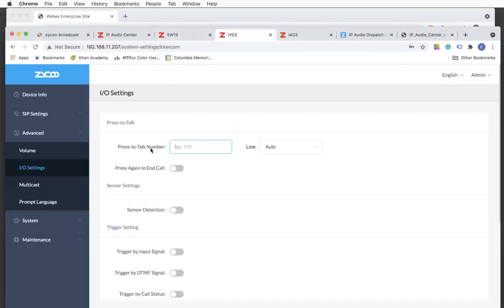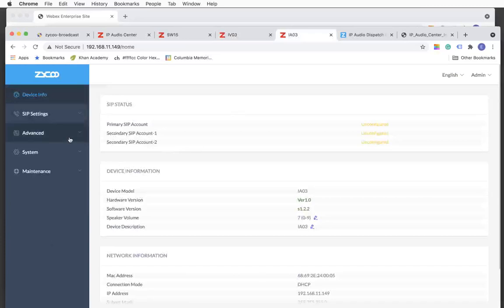And on the press to talk number, which is the IO setting on the button on the IBO3. One thing we can try is, after I set up the IP address on the IBO3, if I push the button on the IBO3, it should be calling the IAO3. So let's do,